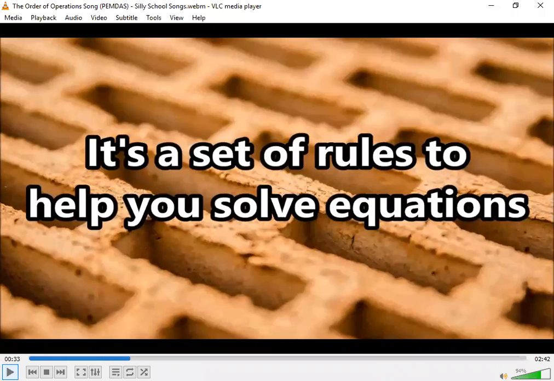So what's the order of operations? As I told you, it's a set of rules to help you to solve equations. So what's order of operations again? A set of rules to help you to solve equations, right? After that,